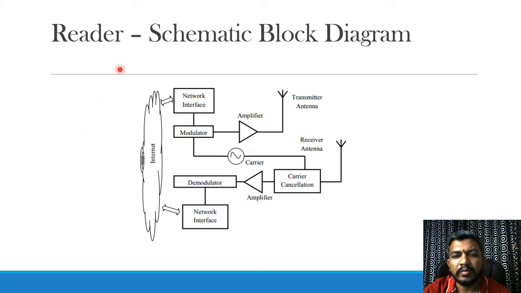The most important part in the RFID reader is the antenna. The antenna is the only visible part of the reader, which stays outside. The size of the antenna is totally dependent on the radio frequency at which the reader wants to operate. The size of the antenna is directly proportional to the wavelength which is required.